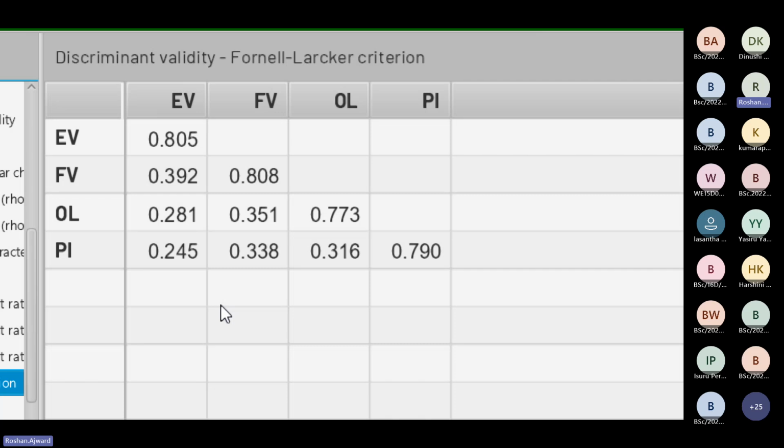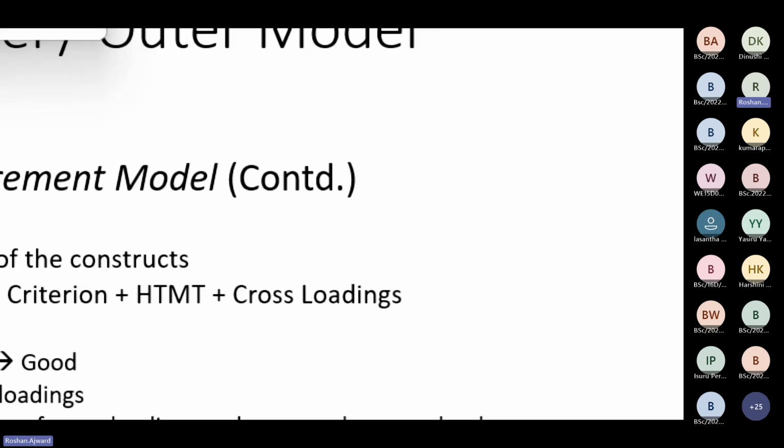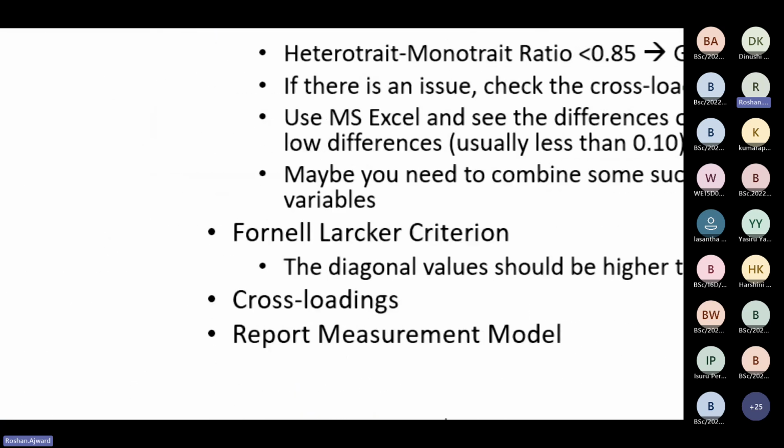So that's called the Fornell-Larcker criterion, right? As we saw under HTMT, here also we can see that these values are less than the diagonal, right? In that case, we can confirm that discriminant validity or divergent validity is again established under the Fornell-Larcker criterion as well. Then finally, there's a third way that we can establish. This is the second criterion, Fornell-Larcker criterion. Then we can look at the